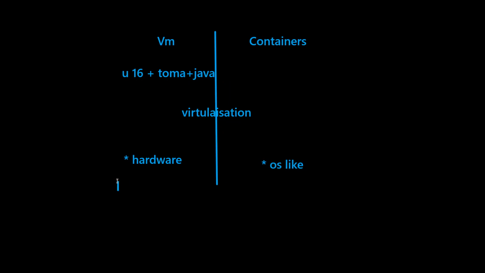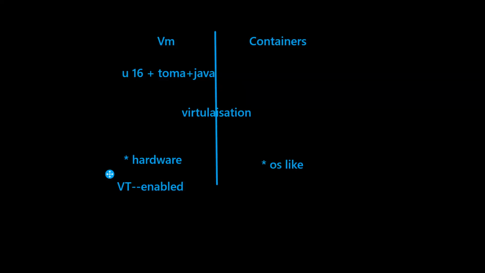To work with VMs, let's say I have a laptop. I want to launch a VM. I want to start some VMs. Then your hardware should support this. You might have noticed, if you go to BIOS, there is an option called Enable Virtualization Technology. This option should be enabled to launch the VMs. The point here is that to work with VMs, we need to have virtualization enabled. Your hardware should support this. Then only you can have VMs.